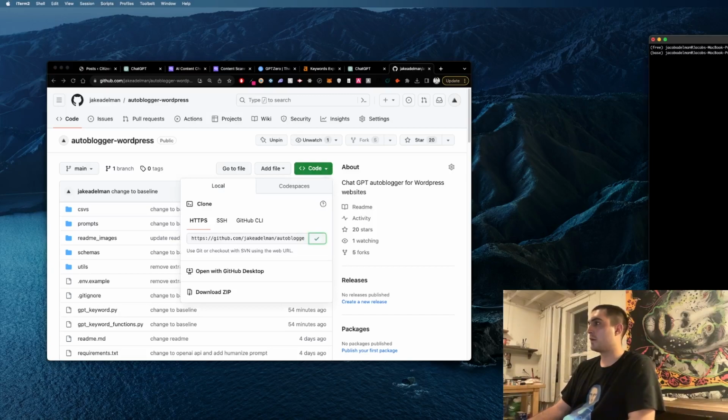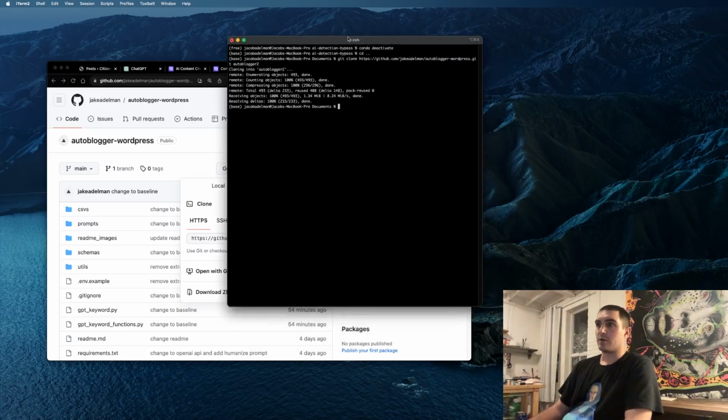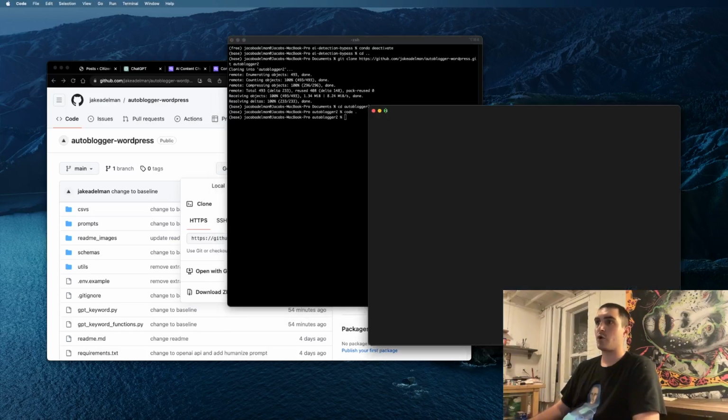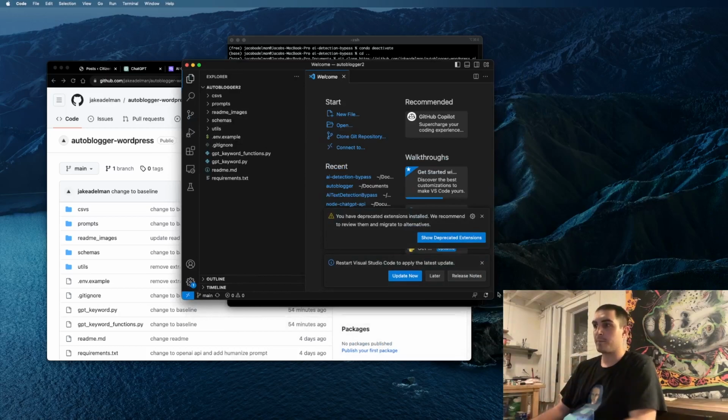So basically, I'm going to clone this repository and call it Autoblogger 2. So then go into Autoblogger 2. Open it in your editor,